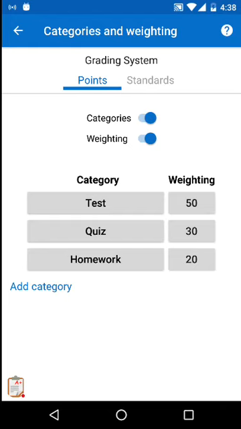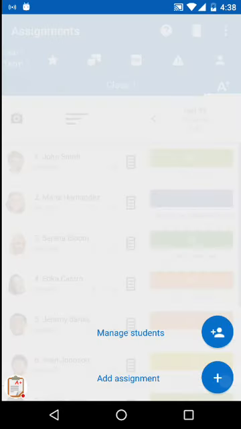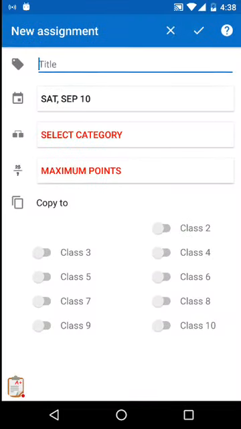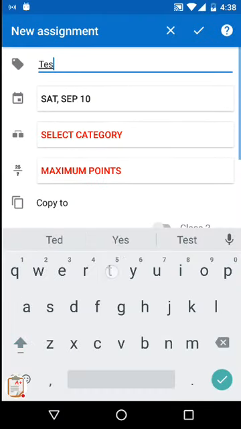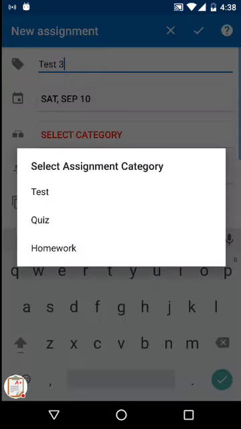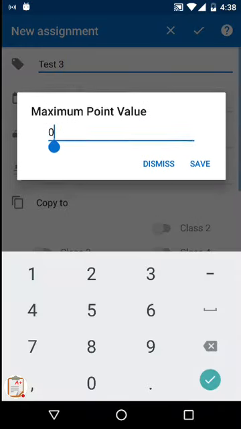All right, once you're done, simply go back. I already have assignments listed here, but to add a new assignment, I'll tap the add new assignment button, and you'll see there's a title. Let's call this test 3. And now you have the category option. So I can tap there, and now I have a selection of the categories. I can enter the maximum points,